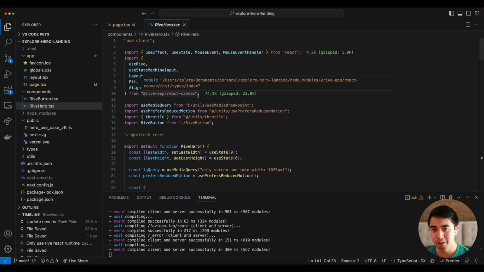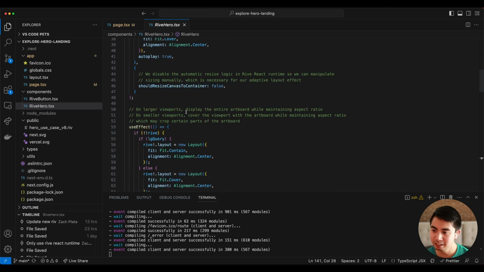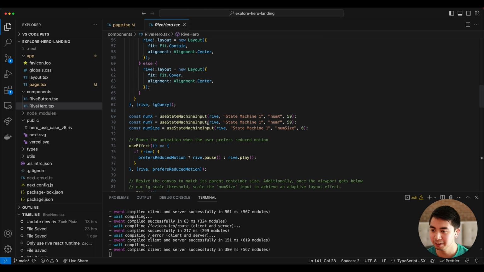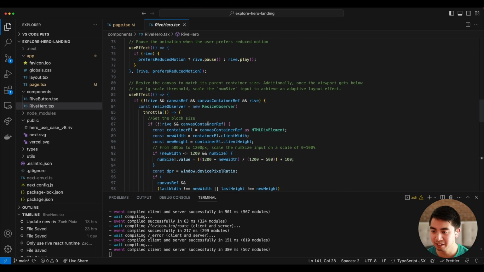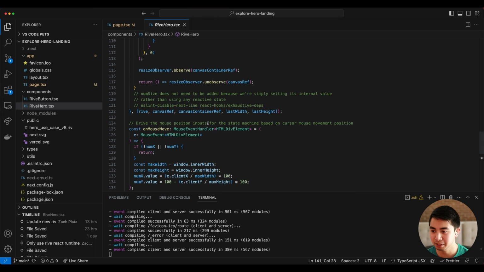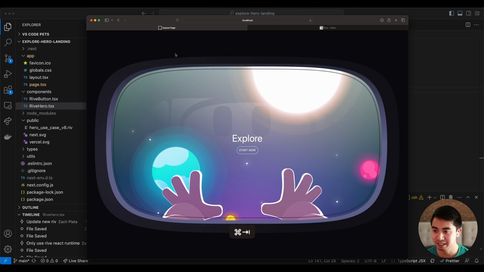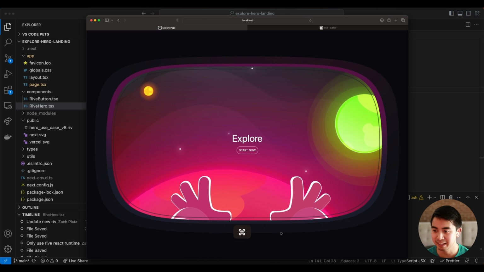So in this Rive Hero component, you'll see here that it's got a lot of logic referring to instantiating the Rive file and certain layout things and manipulating different state machine inputs, but we're going to skip over that for just a bit. And we're going to look at this return statement for this component. And so the markup here is a div that encompasses this canvas element. This canvas element is the entire viewport here, and we'll get into that.